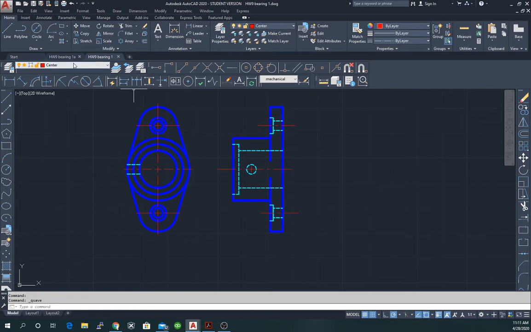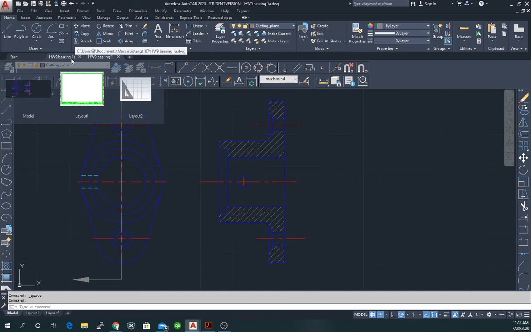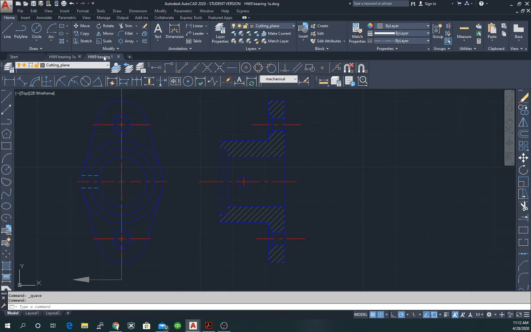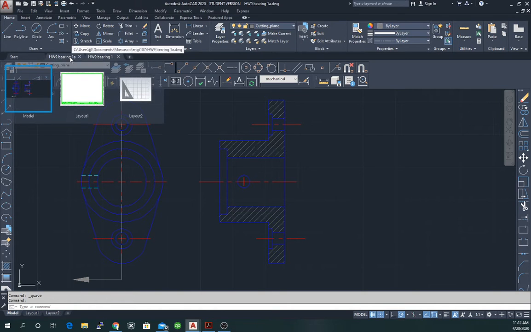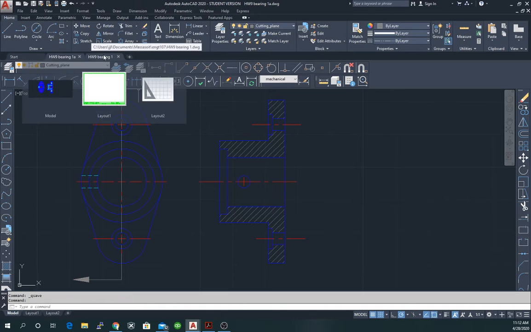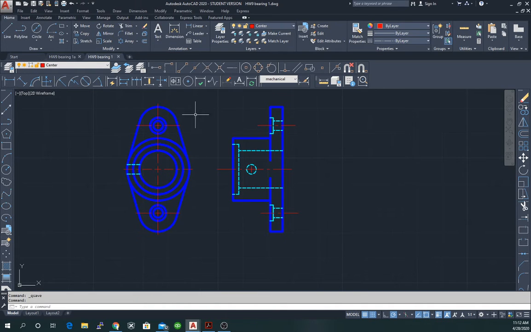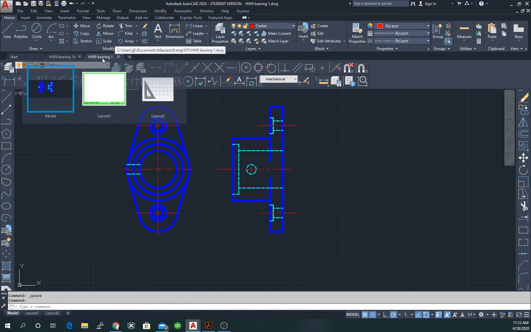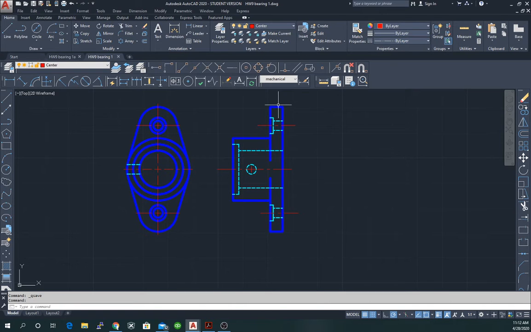So what I've done is I've created a homework 9 bearing 1A and a homework 9 bearing 1. And actually the bearing 1A, you can see I've already finished it. But I'm going to now take the homework 9 bearing 1 and take you through the video how we create this and how we turn this into a section view. The first thing we want to do